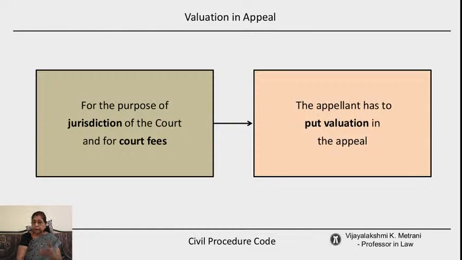When the court has awarded that, then you have to again look into which court has jurisdiction to take up that particular case. So looking at the pecuniary jurisdiction of the court, it has to be filed in that particular court. From the junior court, that is a junior civil judge, you can go to the senior division in appeal.